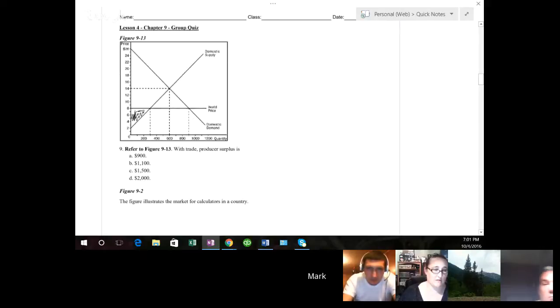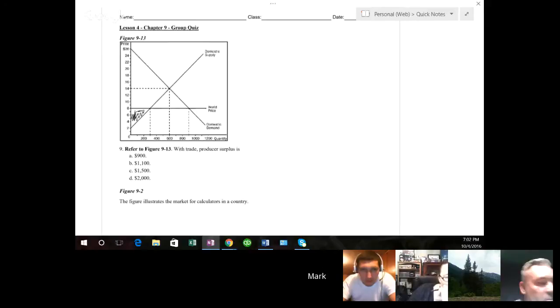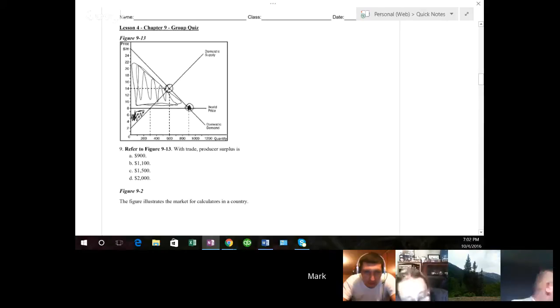Okay. Just that area there? Yeah, just that area there. Because you look at where the equilibrium was right here before trade. Uh-huh. And so then things shift down and the equilibrium is over here. So this all here is all consumer surplus. Oh, that's my problem. I did all of the surplus and I couldn't get the answer. So, all right. Yeah.